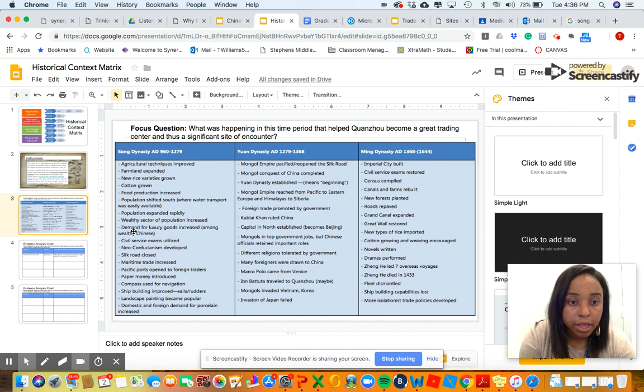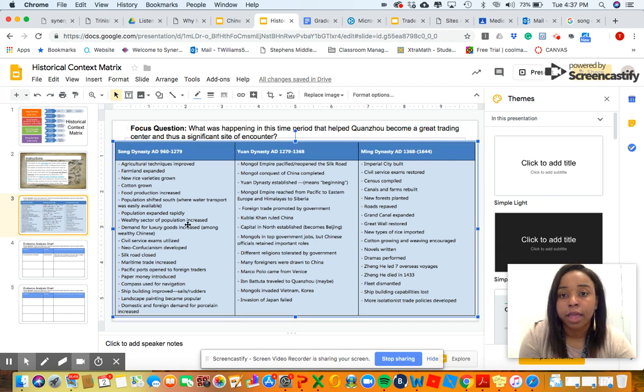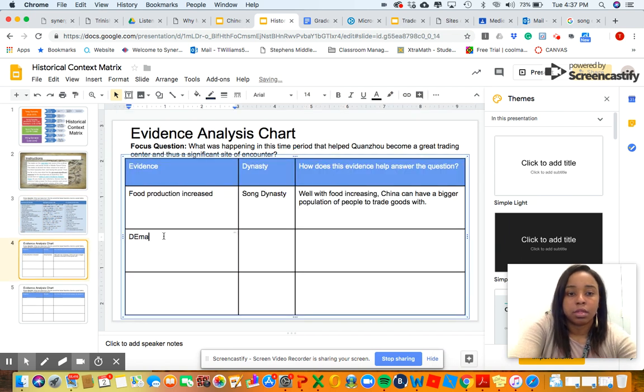All right, let's keep on reading. In the Song Dynasty, it says population expanded rapidly. You could use that one if you want. Wealthy sector of population increased. Demand for luxury goods increased. I might want to use that one because again, our focus question talks about how it helped Quanzu become a great trading center. So they have to have a resource, something that they can actually trade. Demand for luxury goods, that's something they could definitely trade. So that might be something that I also want to put on here. So let me put demand for luxury goods